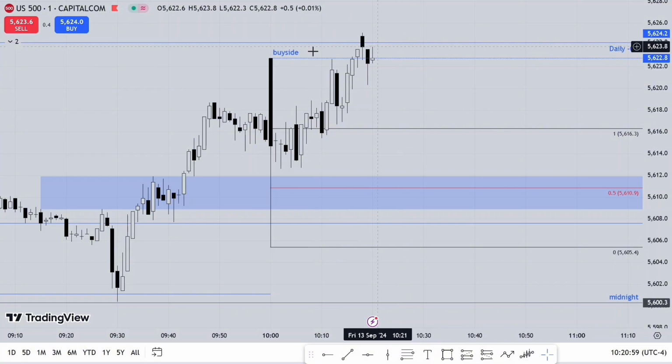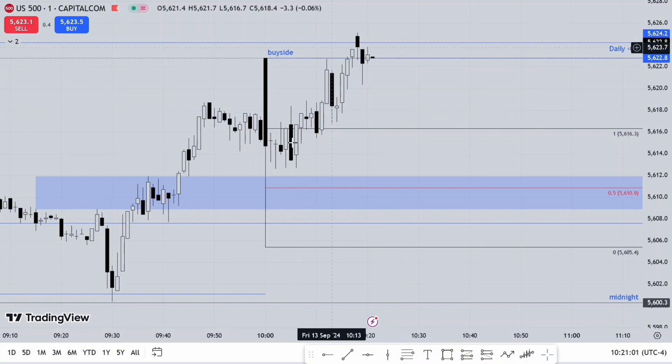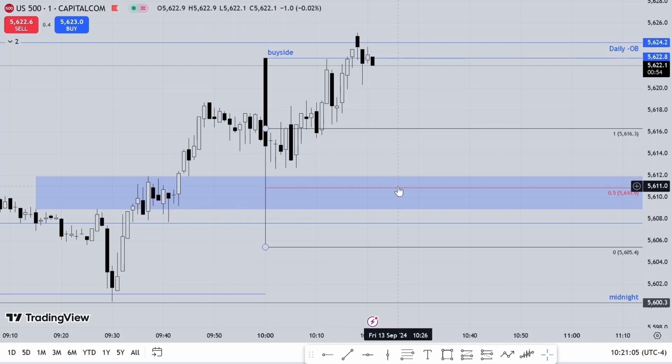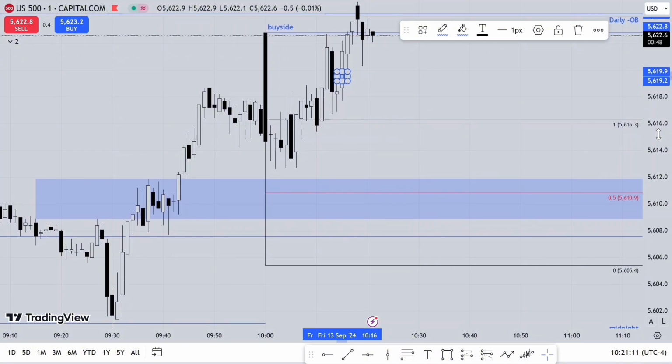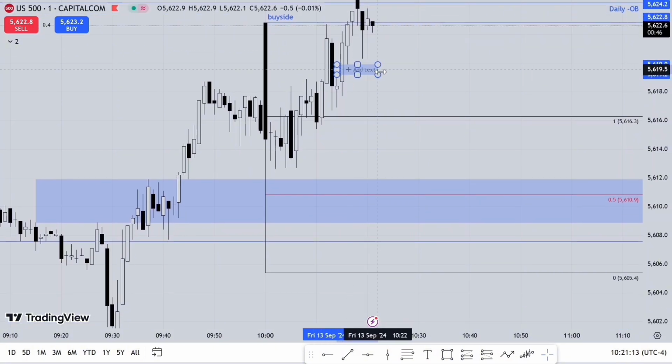So there is little to no narrative to price here on the lower time frame, on this 1 minute time frame. So it is a tricky price action. And you do not want to base your analysis on the lower time frame. You want your analysis to be from the higher time frame.